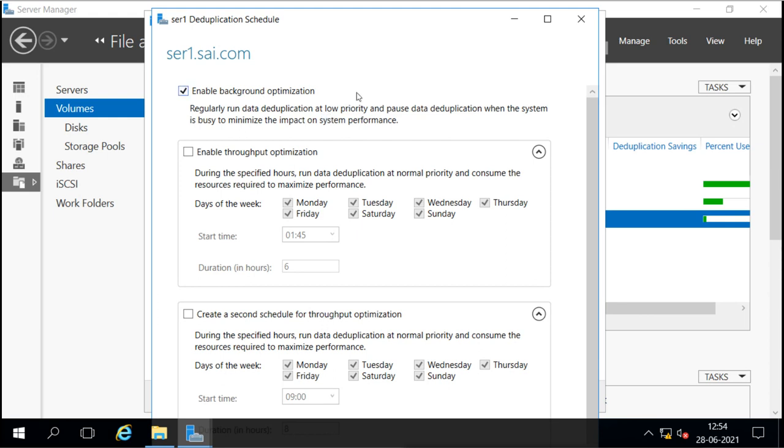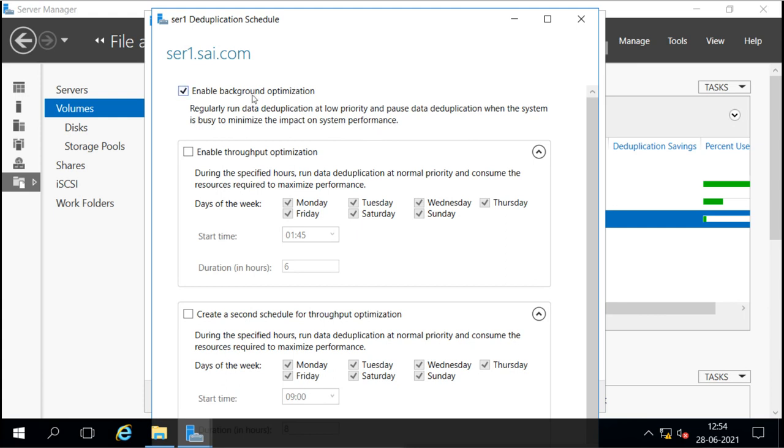Low priority because it will not get the most priority, so it will not impact the system performance. It will run as a low priority. That means if we run any other important task, then this task will be paused and the other task will run, and that will not impact the performance of our system. So this is the default behavior of it.